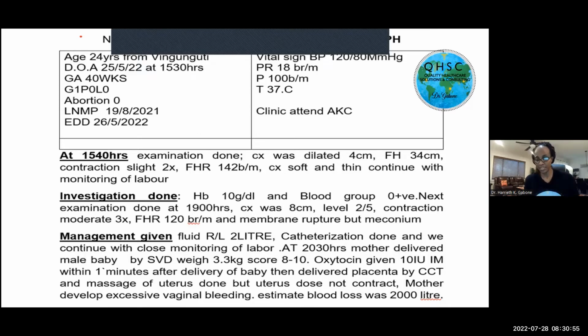After that, they give that 20 units within 5 minutes. So almost within 5 minutes, the patient has had the 10 IM and then the IV. Even if the patient has an IV, they're giving the 10 international units with the delivery of the placenta. The time from baby to placenta can be maybe 5 minutes, maybe 20 minutes, so it depends. I know we have another doctor, Dr. Nestori